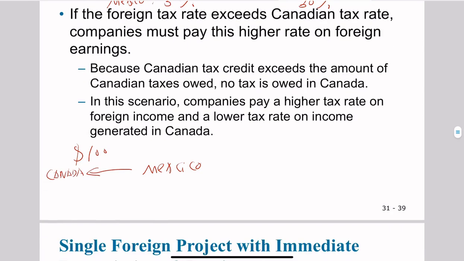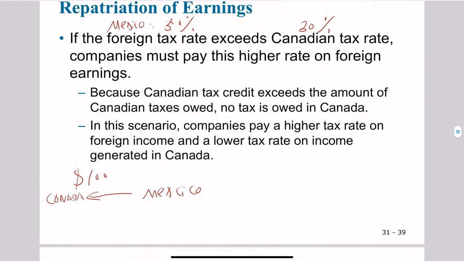Now, for this $100 million, the subsidiary in Mexico has to pay its host country 50% tax rate, right? So here, $50 million of tax goes into Mexico tax agency, right? And then, after repatriating this $100 million back to Canada, the firm will owe $30 million